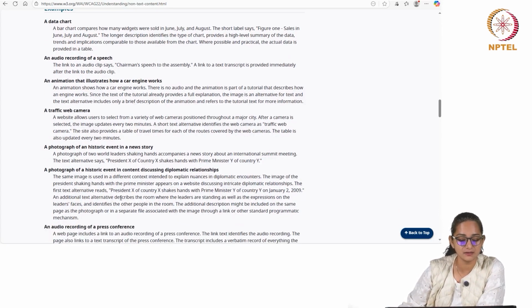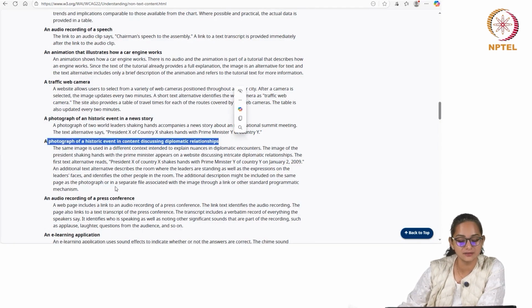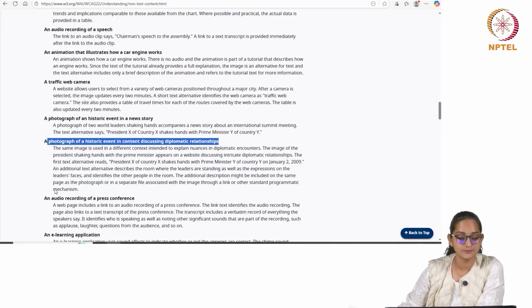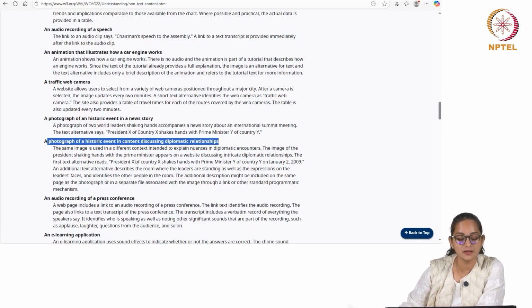Similarly, there are other examples. For example, this is a very interesting example, a photograph of a historic event in content discussing diplomatic relationship. The same image is used in different contexts intended to explain nuances in diplomatic encounters. The image of the president shaking hands with the prime minister appears on a website discussing intricate diplomatic relationship.